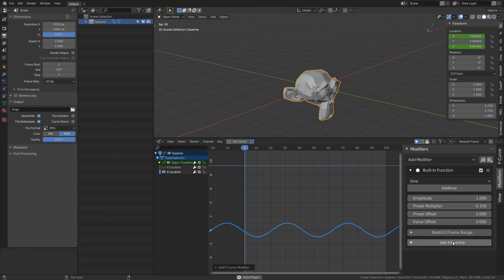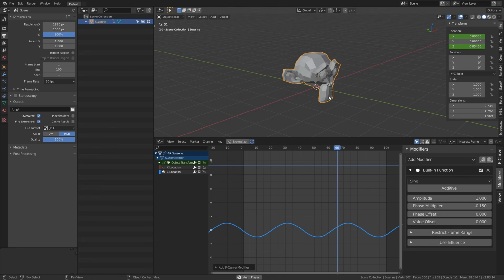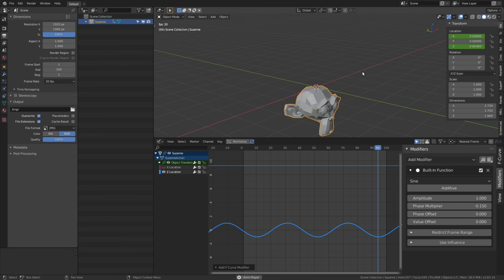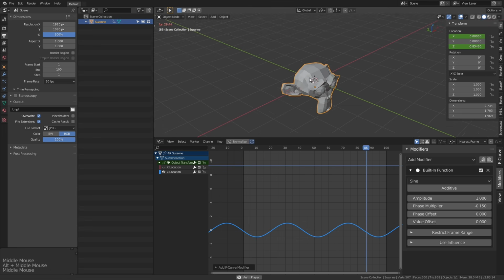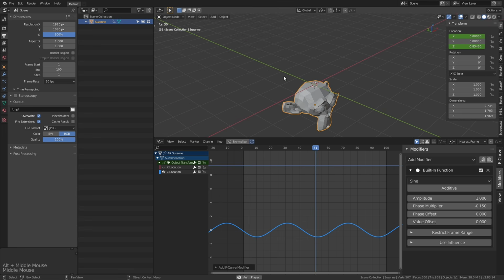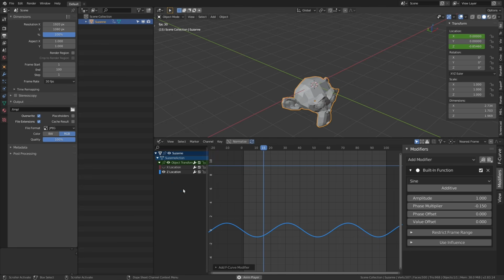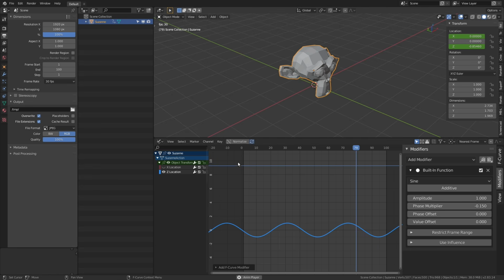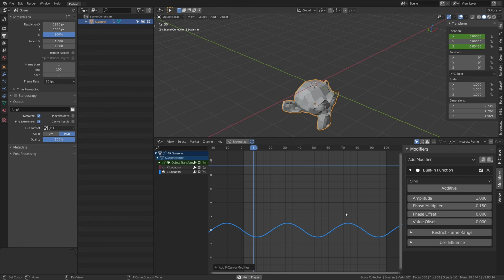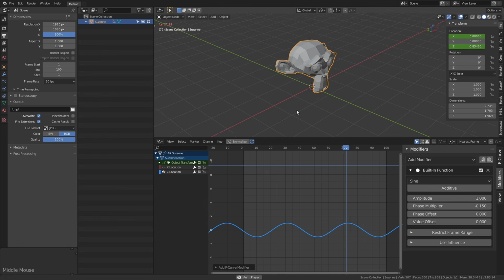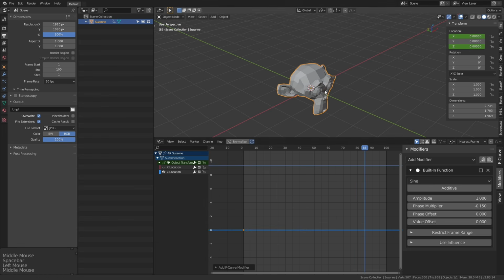Again, the restrict frame range and use influence. So the cool thing about this is it gives you a sine wave that goes on endlessly, so you could use it to automate any kind of animation as well. And I guess that's just a very quick overview of keyframe modifiers, but I have to do a lot of looping in my work, so it's really handy to know, especially with the first thing that I showed you, that you could easily loop things without having to do all kinds of keyframing. Or in our case, let's turn this back off. If we go back to our y-axis,